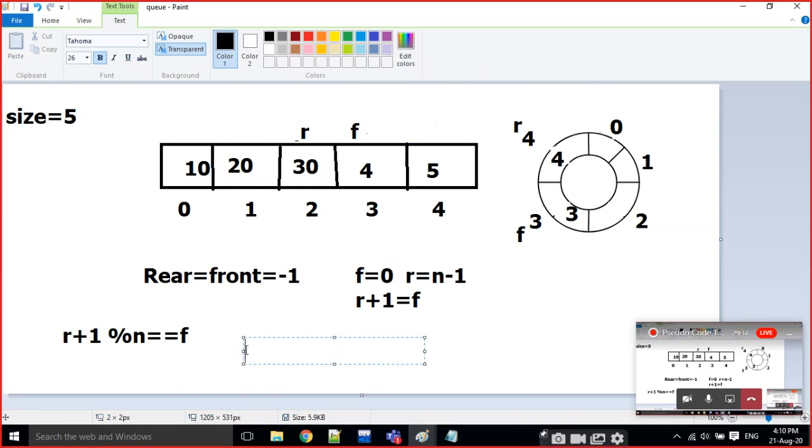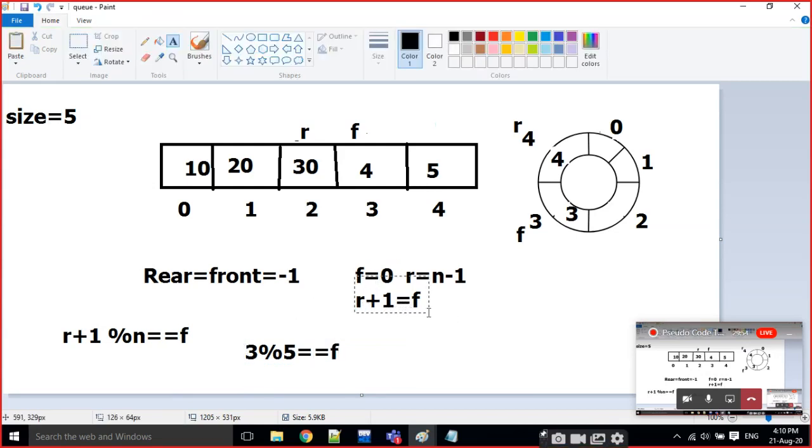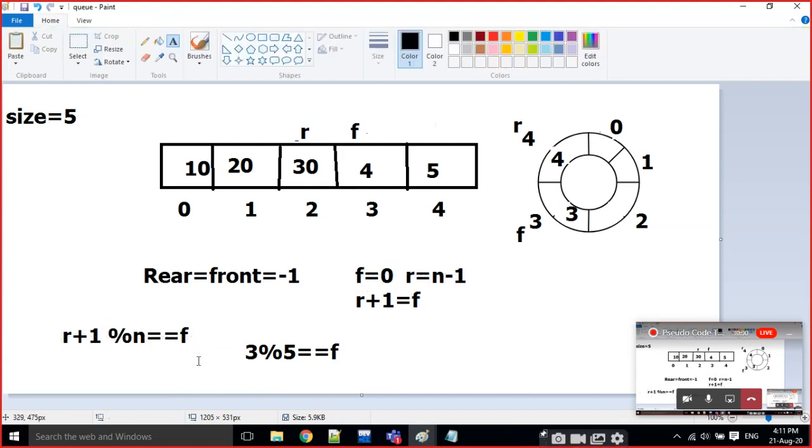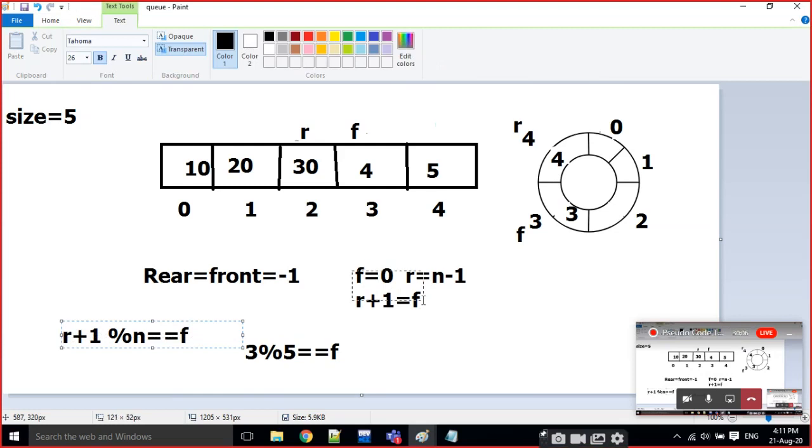R position is 2. 2 plus 1 is 3. 3 mod 5 is 3 again. That is equal to F. That means instead of these two conditions, we can use only this condition to check whether the queue is full or not. We can use this also, no problem for that.